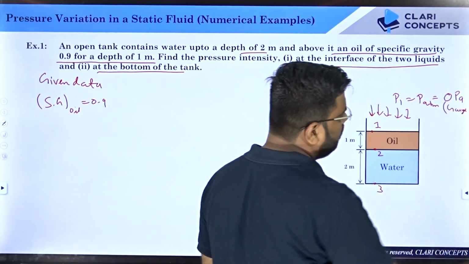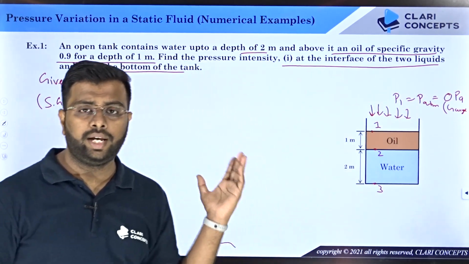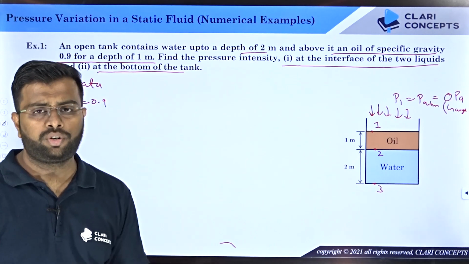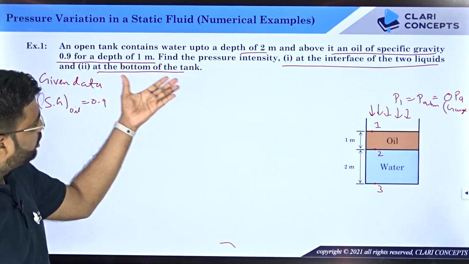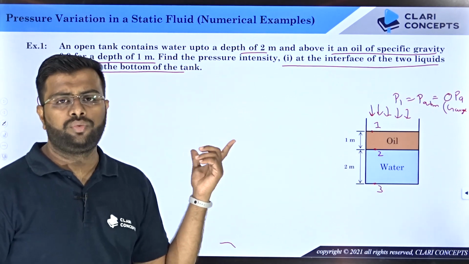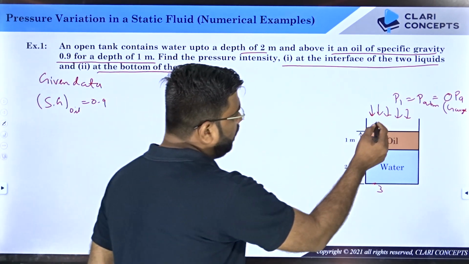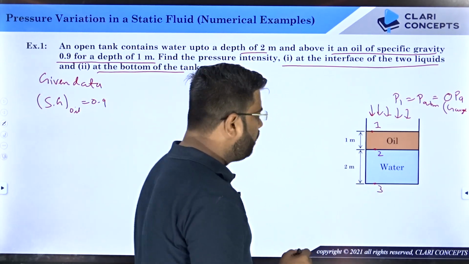And if you are unable to understand what is gauge pressure, I request you to go back to one of my lectures where I taught you what is gauge pressure, what is absolute pressure and what is vacuum pressure, right? And also before going to this numerical, I request you to go through the lecture on hydrostatic law. Alright, so if I know pressure at point number 1, I can find pressure at point number 2 using hydrostatic law, whereby,